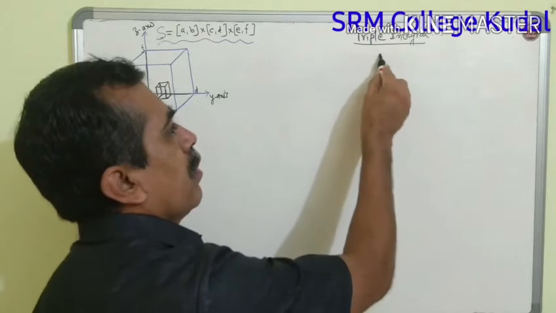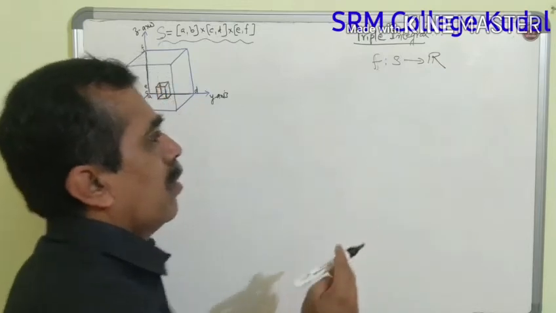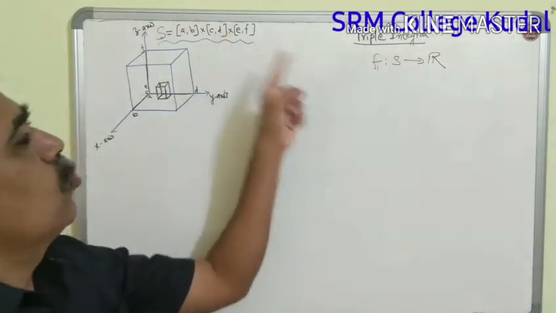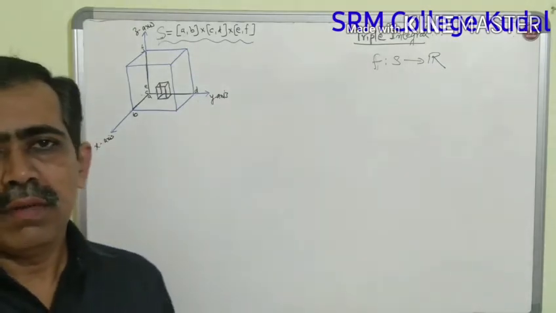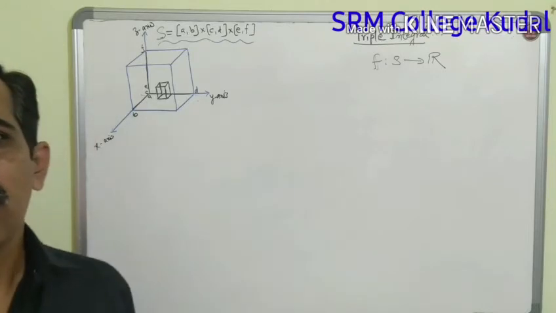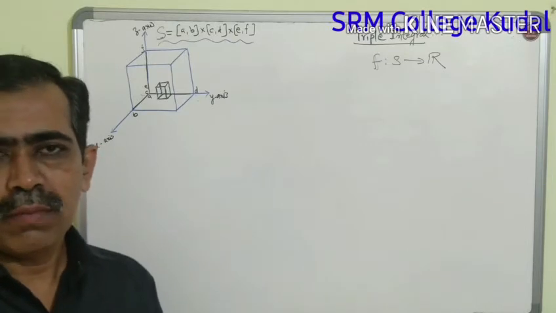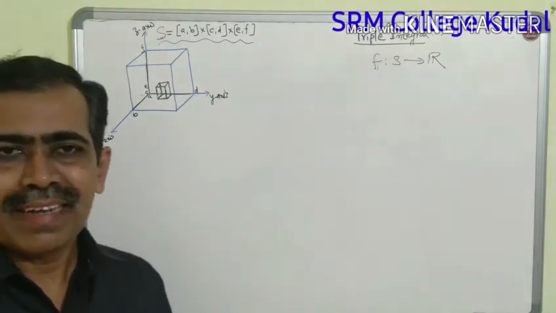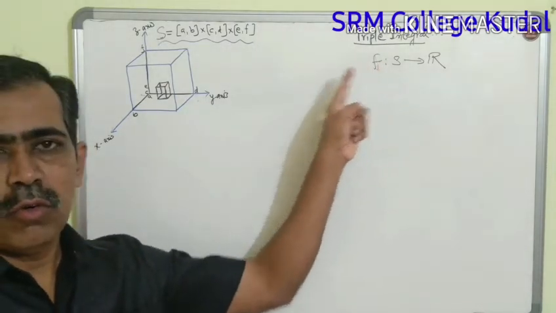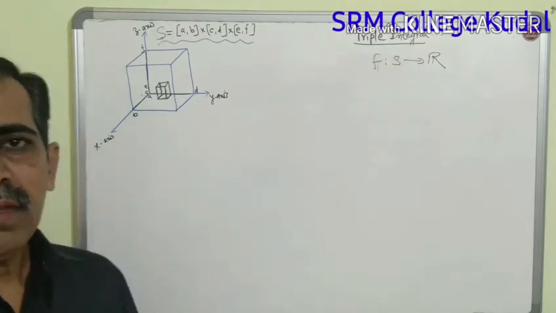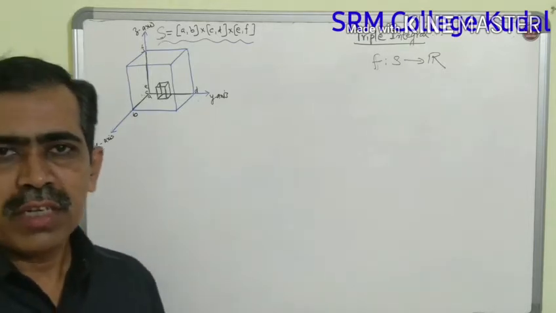We consider a function f defined on this cuboid S. f is bounded, and S is this cuboid. Now to define the triple integral, as you know, to define a Riemann integral of a function of one variable, or as we have already defined the double integral of a function of two variables defined on a rectangle, the common procedure is: first, consider the domain, then consider the partition of its edges to partition the given object.